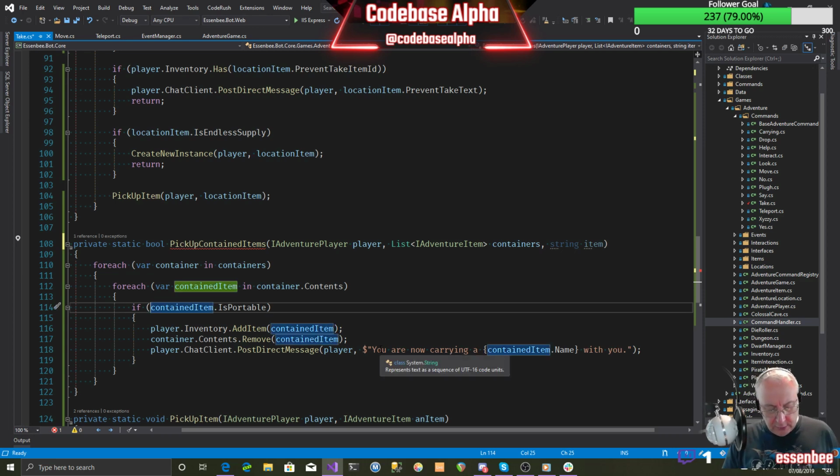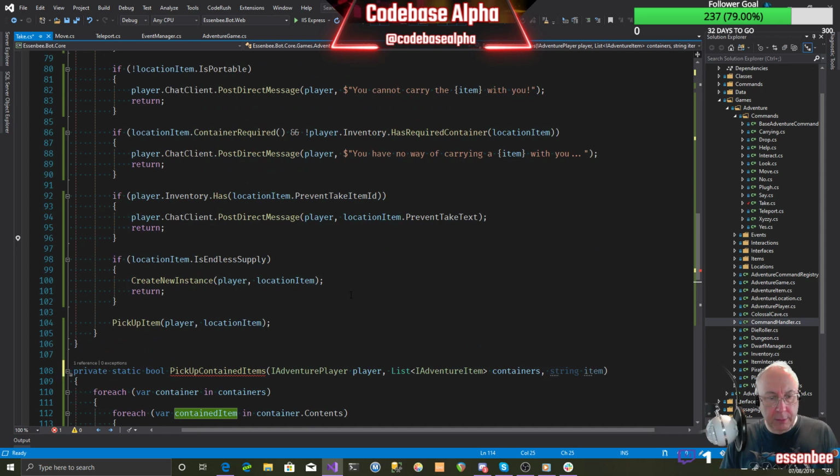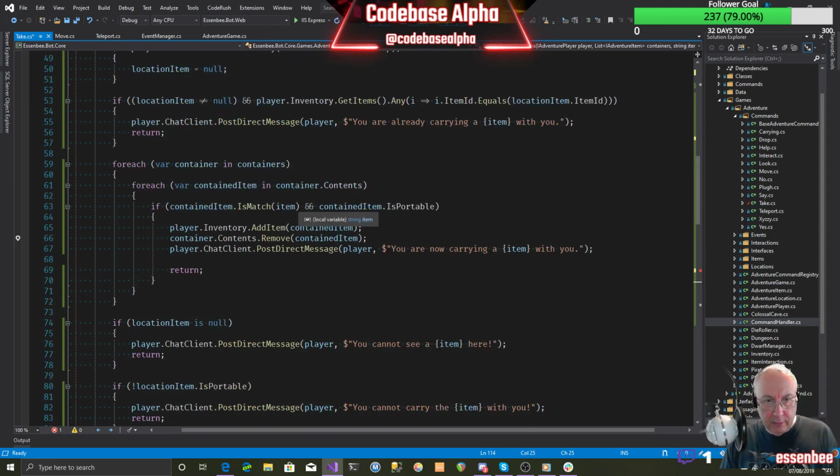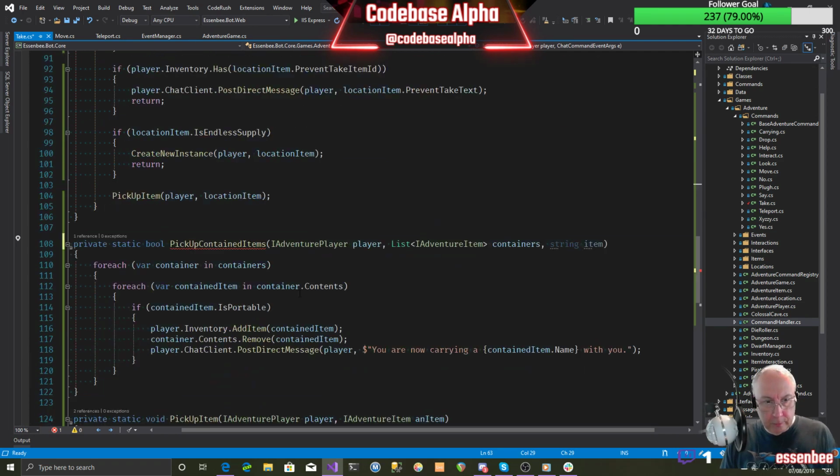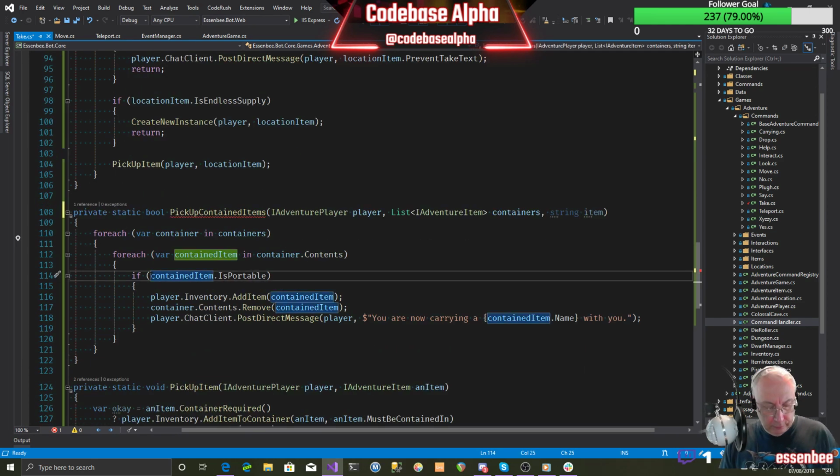So this should say in the previous, it should be that condition. So it's going to get a bit complicated. So if item, if not item